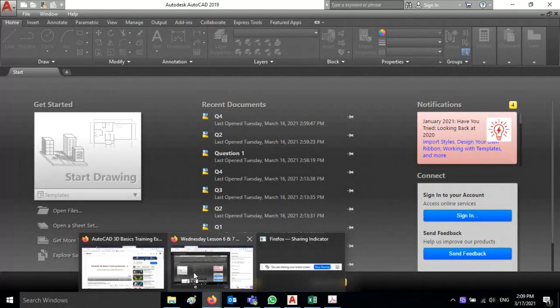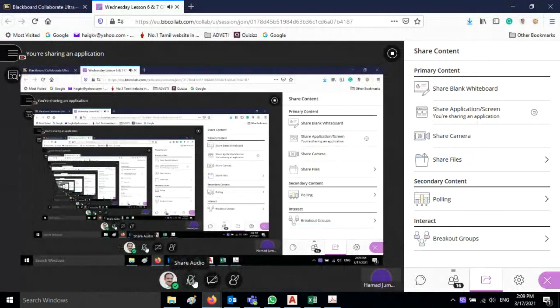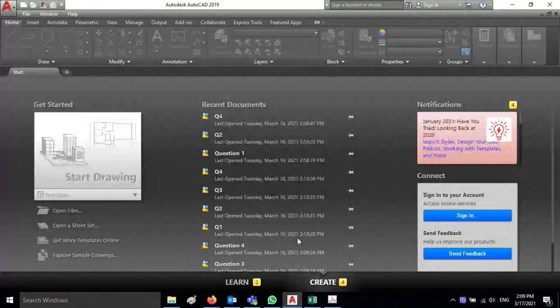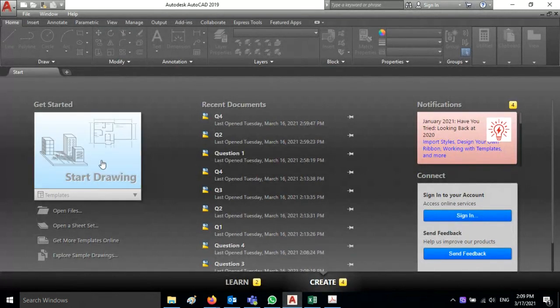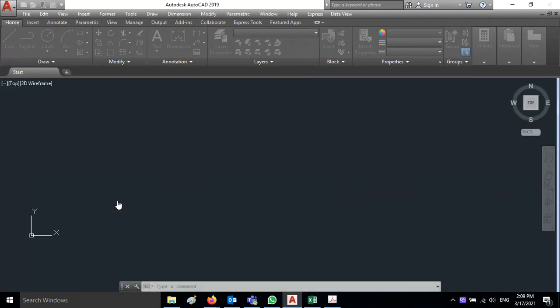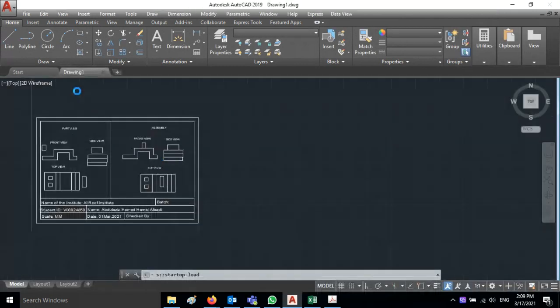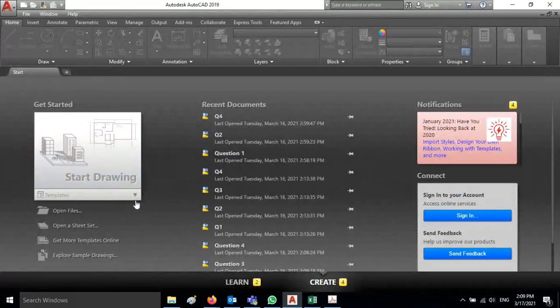In the AutoCAD, I'll start a new drawing, and I'll explain the difference between 2D and 3D first. If you start drawing, it will open a new drawing. This is the old one. I'll just start the new drawing.